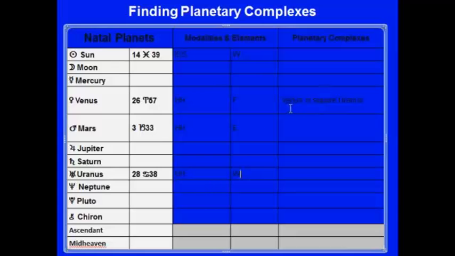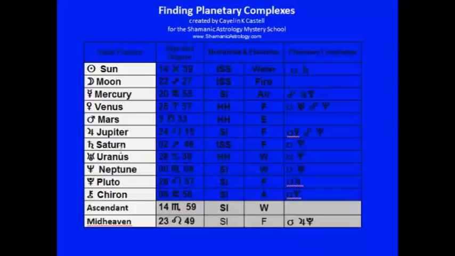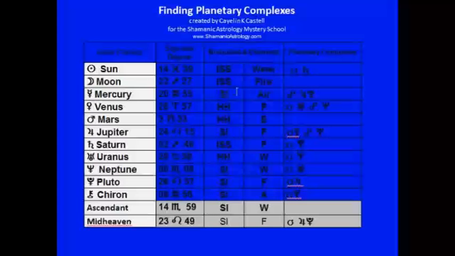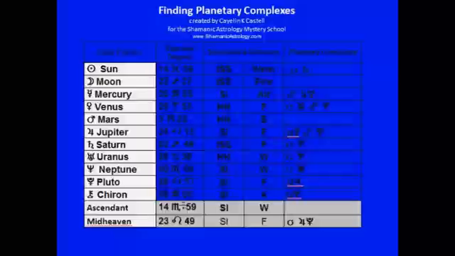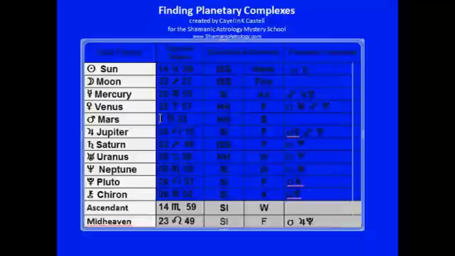So I would write in my planetary complexes that I have Venus square Uranus, and you can use the symbols. I often do that, but sometimes it's easier if people just write it out, especially when they're first learning how to do this. So here I just put in the aspects. I filled in all of the degrees of every aspect of my chart. It's a great way to practice and get familiar with your chart, writing in all the modalities, writing in all the elements, what they are, and then